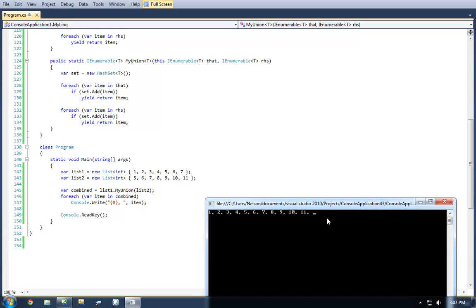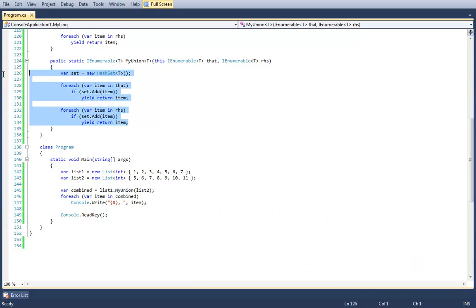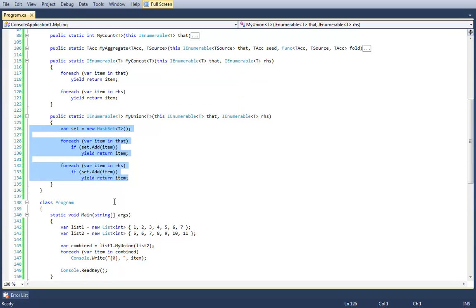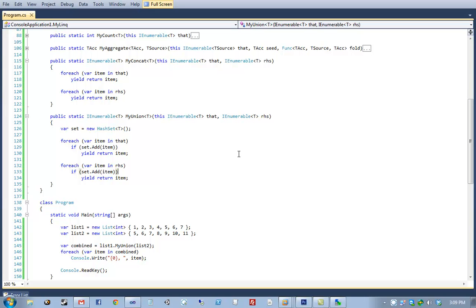Okay, so how is everybody feeling about this implementation of my union? Remember that the HashSet.Add will return false if the item's already in existence. That's the only thing that you really need to know. Well, the myUnion, it's a union. A union is a list of the items.